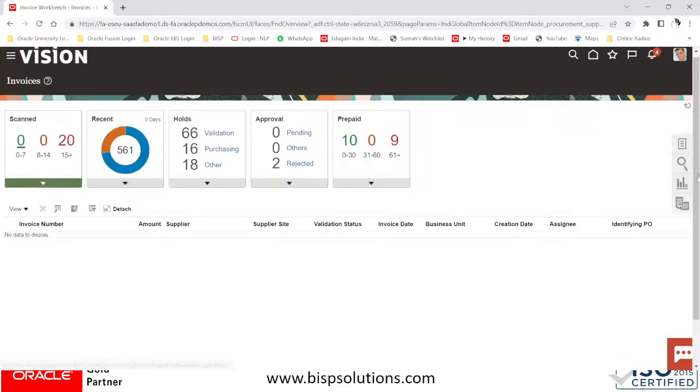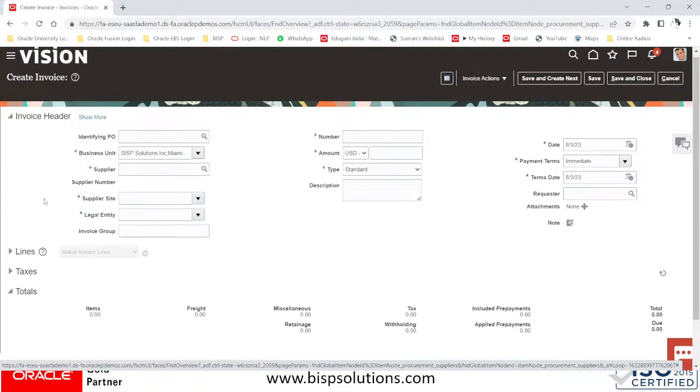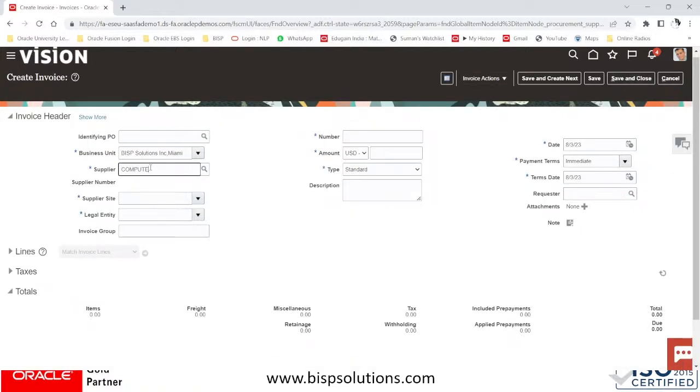Let's create one more invoice. Why it is not calculating? I just get to know. The supplier side, we have selected the wrong supplier side. Let us create one more invoice. That is computer advance, and select the supplier site. There are two sites, right? So we have to select that site. So let us select the site as New York. Since we have applied the withholding tax in New York site, so CAS,